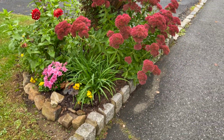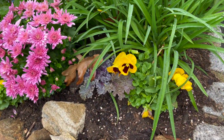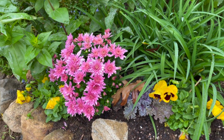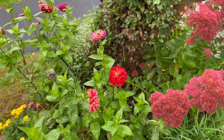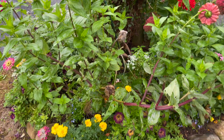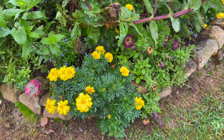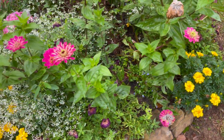So I've got some ornamental kale, my pansies, and some mums. And then I have Bennery Giant Wine here. Tucked a few of those in. I kept some of my summer annuals here that are still looking pretty good. My petunias, my marigolds. And I just love